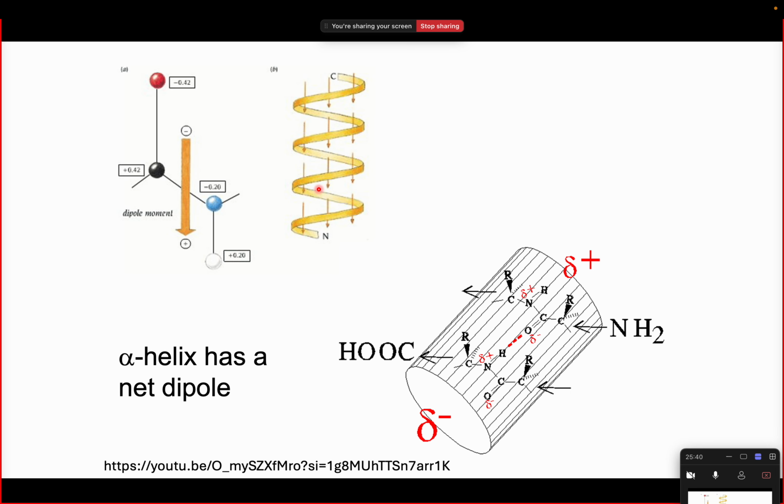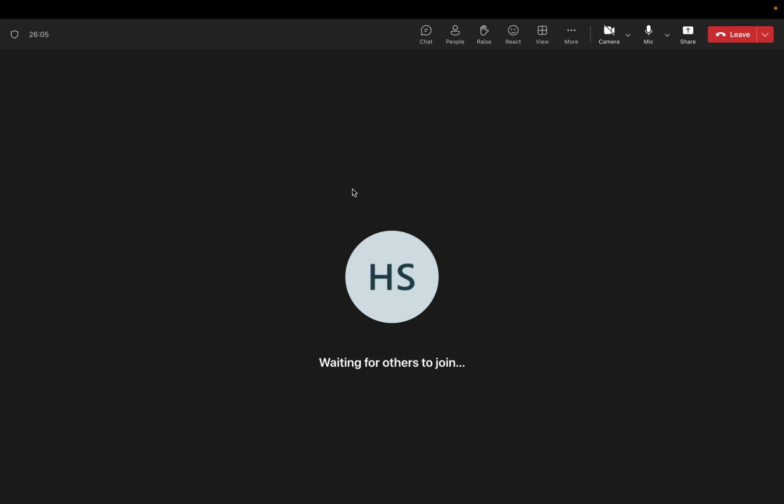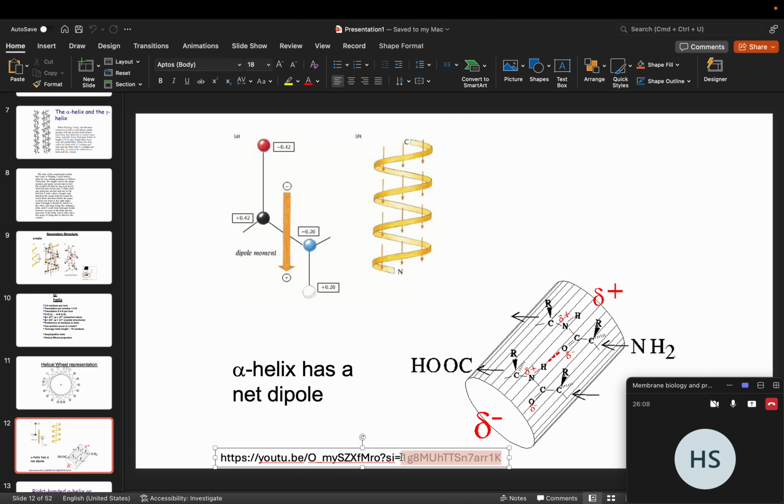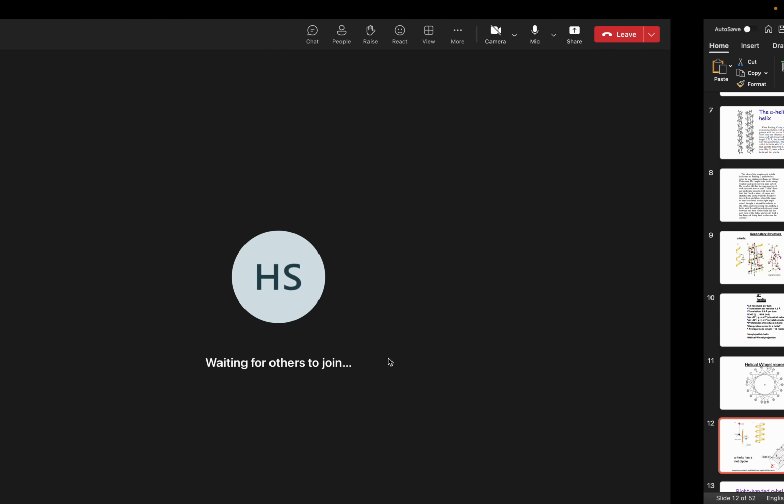And as the residues are placed like this, there is a dipole moment associated with the alpha helix. Dipole moment is basically the culmination of polar charges, and it helps in providing the non-covalent interactions when it is present in other macromolecules. Okay, so this is some basic information with respect to the